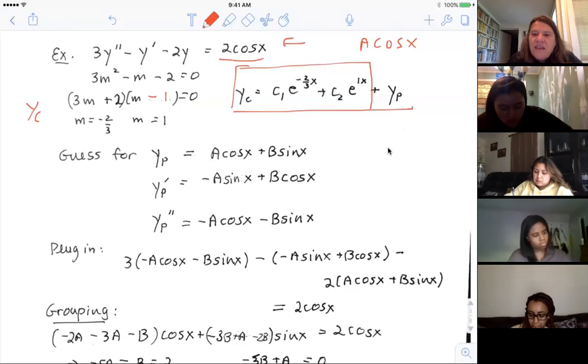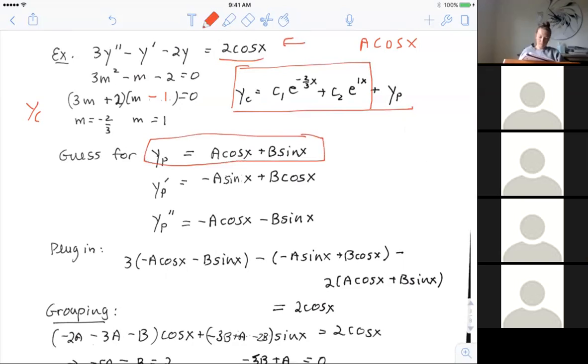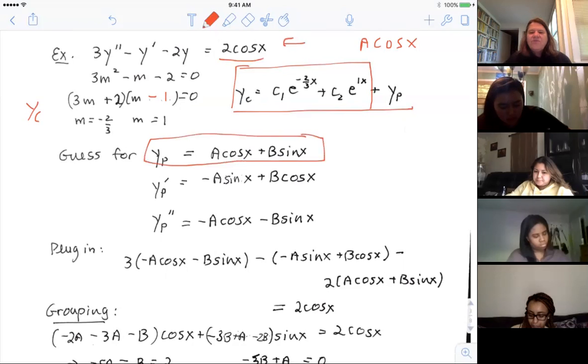So here's the guess we're going to make for that. We're going to say that yp is some combination of sines and cosines. Okay, it's some combination of sines and cosines. All right. And I don't know what the coefficients on them are. That's what I'm trying to determine. Again, this is the method of undetermined coefficients, yet to be determined by me. So I write that, and then I do the same thing.